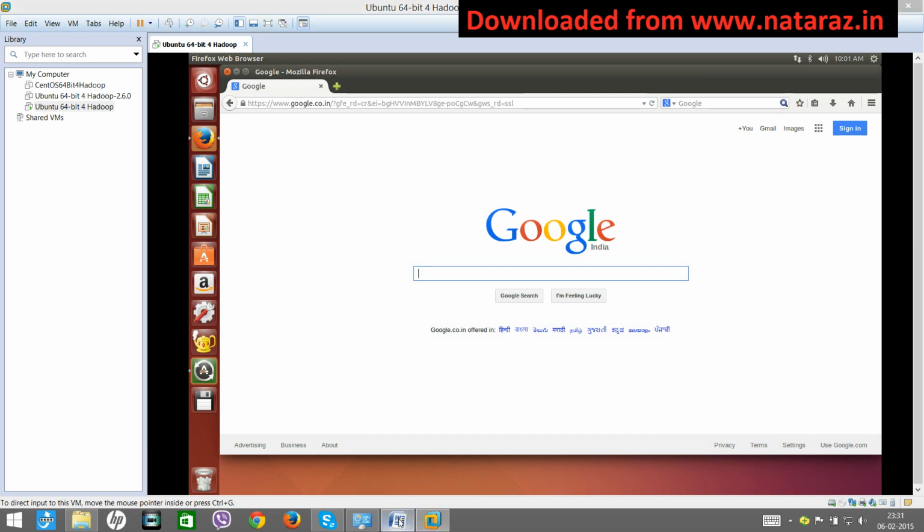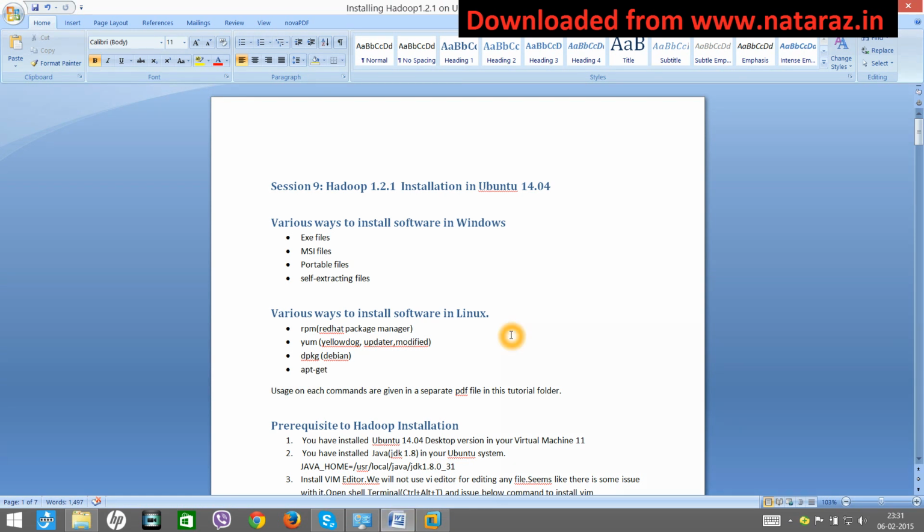Now I have prepared a very small document here, and let's go through it. If you want to install software in Windows, you will get a lot of options: you can download the exe file and run it, download the MSI file and run that. You will get some portable files also, which you can extract, set in the path and use. Similarly, in Linux you will have a concept like RPM, yum, dpkg, apt-get.